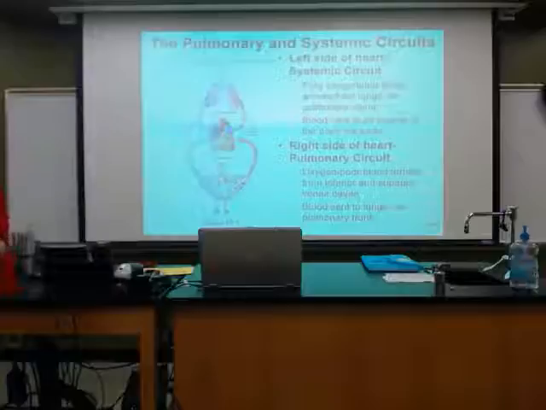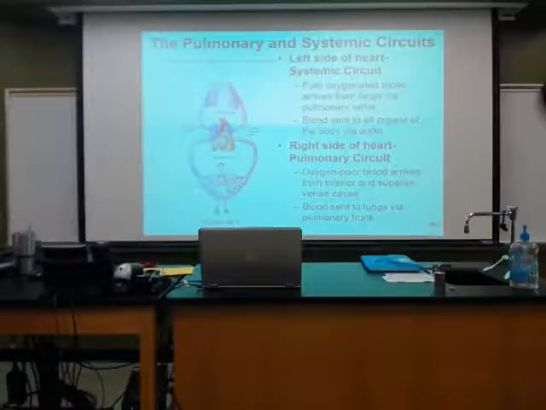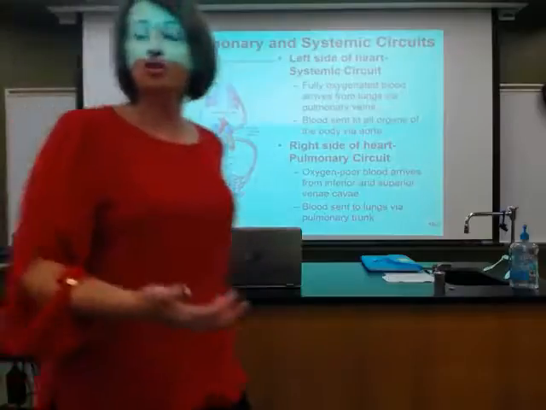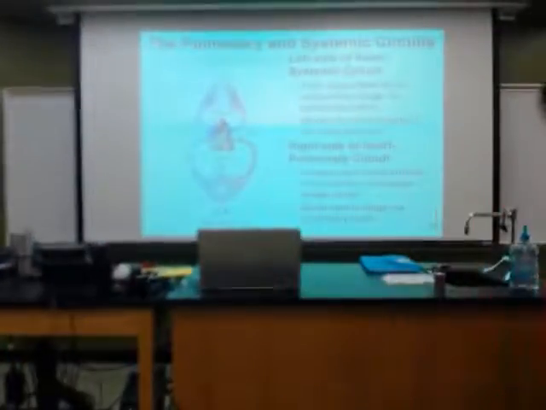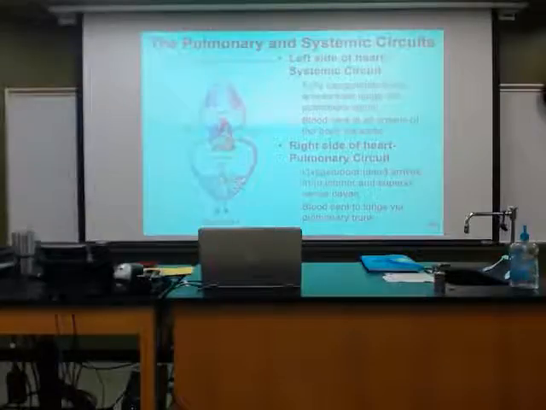He tried to point that out. When blood is returning to the heart through the veins, remember, oxygen has been removed because it's been dropped off at the tissues of the body that need it. And so when we get back to the heart, we've got to go through the pulmonary circuit. The pulmonary circuit, when you look at the structure of the heart,